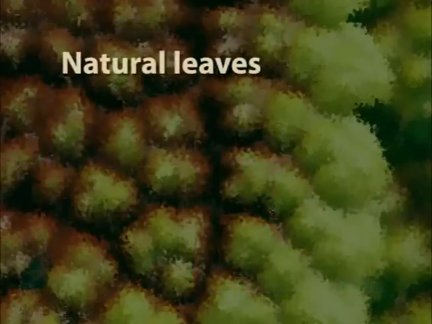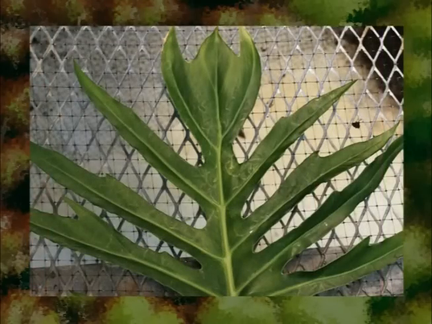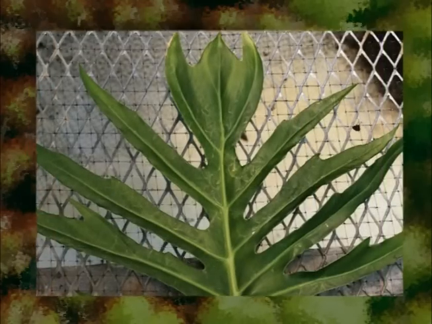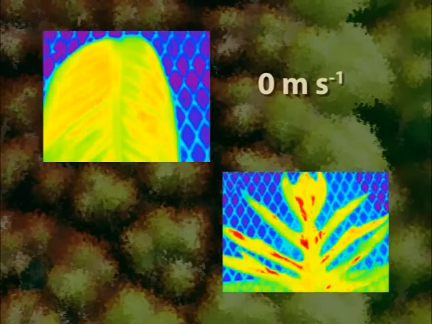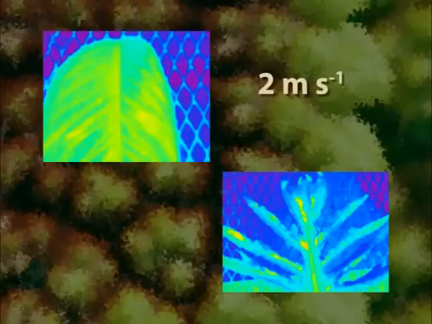Now how about real leaves? Let's compare two large leaves. One is the large smooth margin leaf of Dieffenbachia, which we've already encountered. The other is a strongly divided large leaf of the ornamental plant Monstera. If we look at their temperatures, the leaf with the more edge is clearly cooler in both still air and in wind. What is remarkable about this effect is that it doesn't really matter where the edge is.